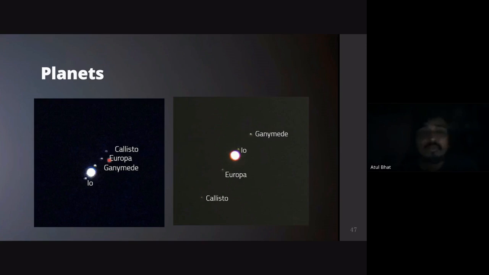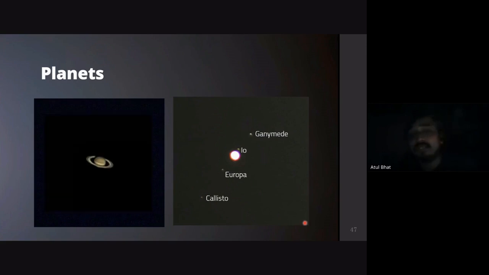In fact, if you take photos like this every day, for Jupiter and the moons you can do this every hour in a night. When you observe it, you'll realize you can actually calculate the orbital period of these moons as well. How long does it take for these four moons of Jupiter to complete one orbit around the giant planet? You can look at Saturn and the beautiful rings,